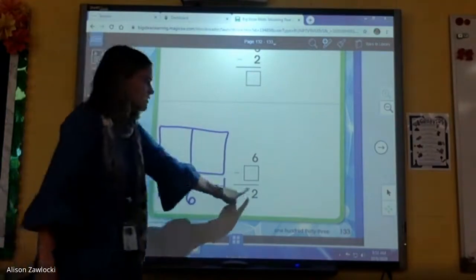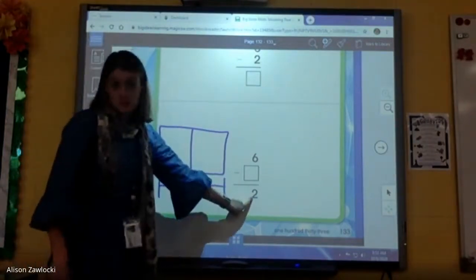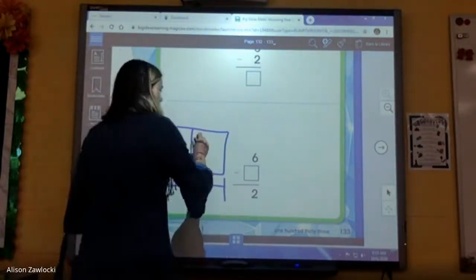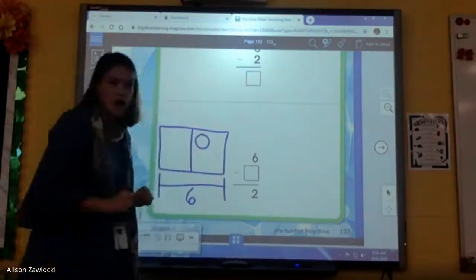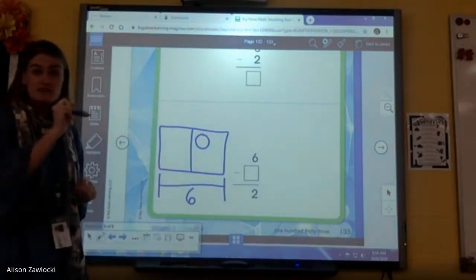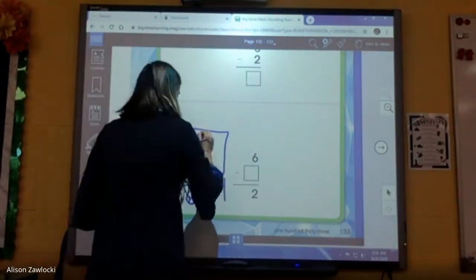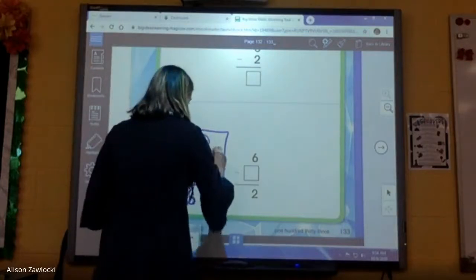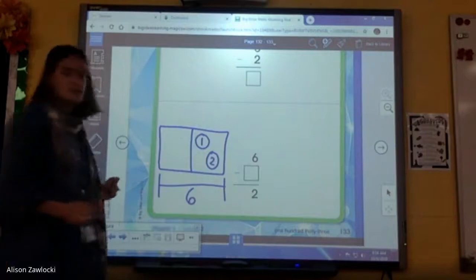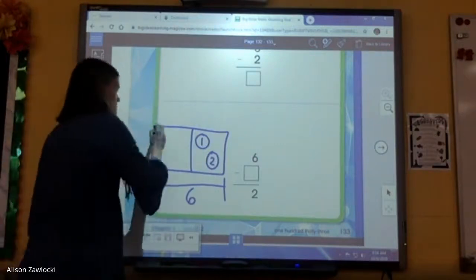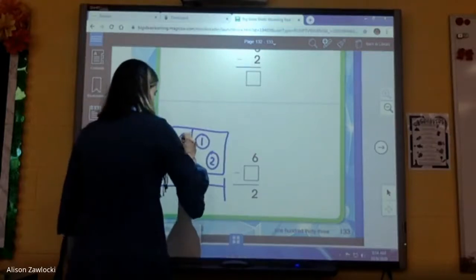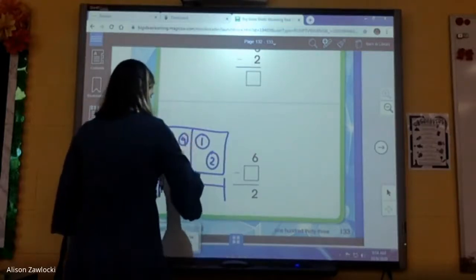Then I'm going to draw circles for one of my add-ins, which is 2. So I am going to draw circles and put the number of how many counters I've drawn so far. So this is my first 1, 2. I'm going to keep drawing circles until I get to 6, until I draw a 6 inside of a circle. Okay, let's keep going. 3, 4, 5,